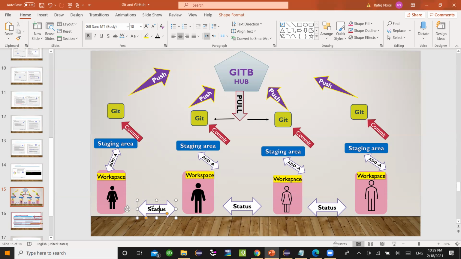So there are four commands that are very important. First of all, we start with the status. So let's see what we have. Do we have anything to send to the Git repository? Okay, then we use status. If yes, then we use a command called add -a and send it to a staging area. After we send it to a staging area, then we use a command commit, then send it to Git repository,